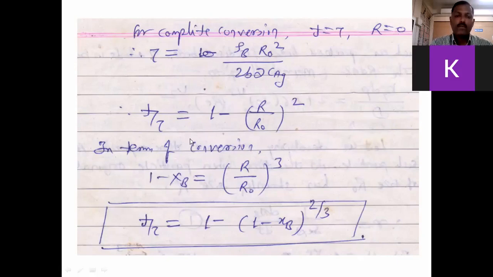Put it in here, so t upon tau is equal to 1 minus Xb squared, that is, raised to 2 by 3. So t upon tau is equal to 1 minus Xb raised to 2 by 3. That is the relation between time and conversion for gas film control of a shrinking spherical particle. For a shrinking spherical particle, shrinking is very important. And for an unchanging size spherical particle, for